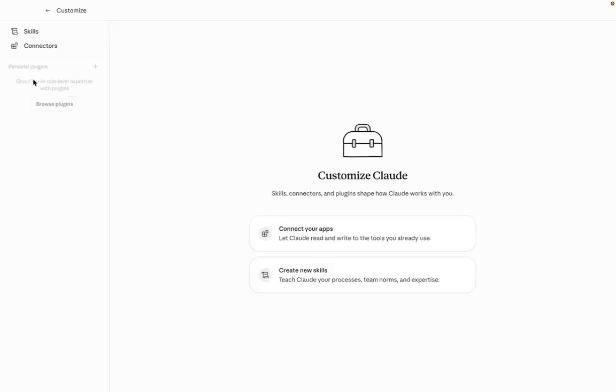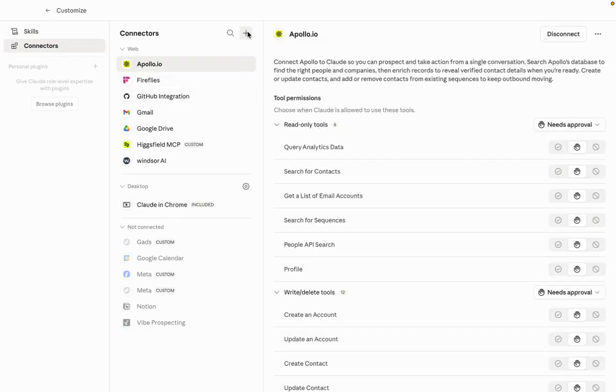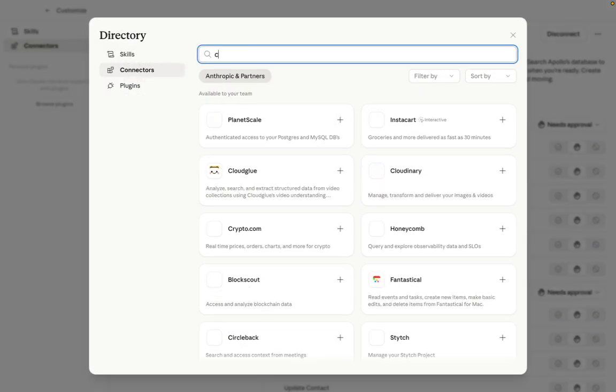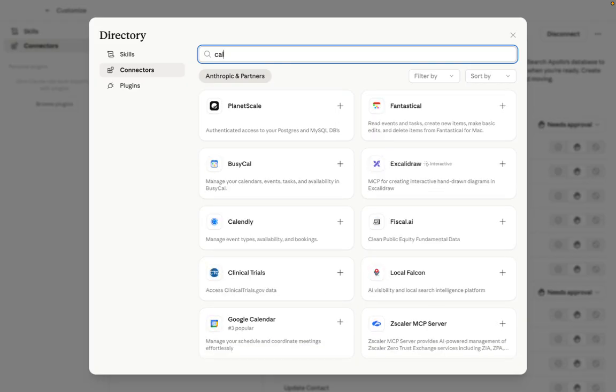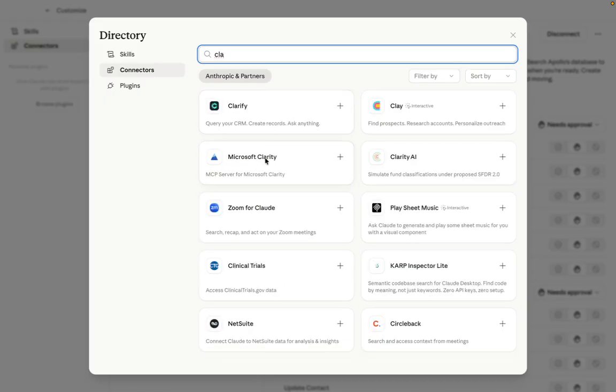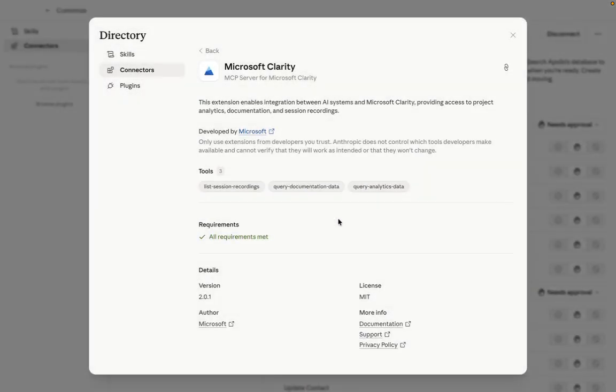Then again we click on customize, then click on connectors. Once we click on connectors, we'll come to browse and we'll search for Clarity. Here it is. It is asking us to install it. We'll click on install.